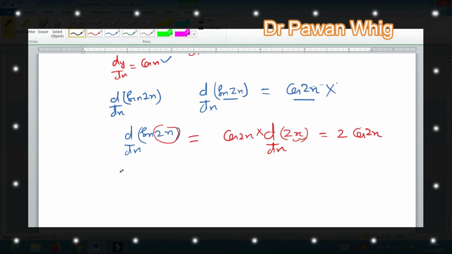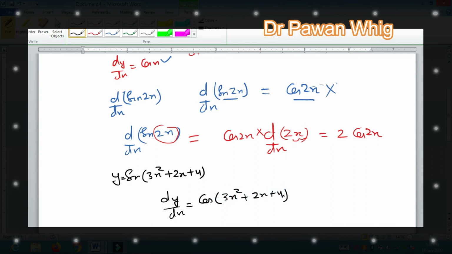Let us suppose we have to differentiate sin of (3x square plus 2x plus 4). So you need not get confused. The differentiation of this is the same as sin x. First of all, you have to treat this question as sin x. So its differentiation would be cos of the same theta, because theta remains the same here. Now, what makes this question different from the standard formula is this theta. This theta is entirely different from the x in sin x.